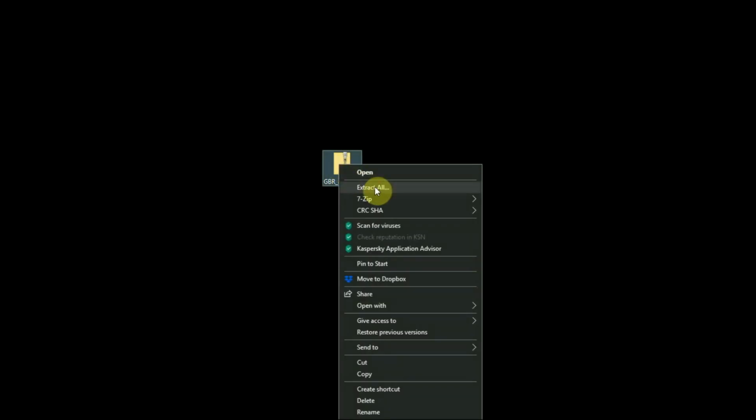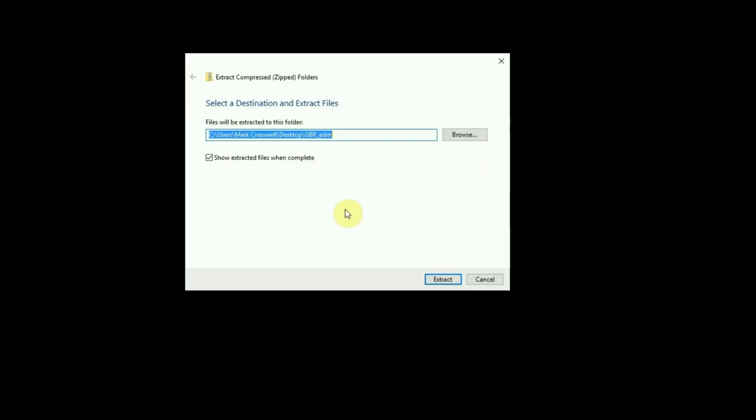Okay, this is the resulting zip file that I just downloaded from the DIVA GIS website, and it's a zip file, so it's compressed. So to uncompress it, you can't use it until you've uncompressed it. I click on it with the right hand mouse button and select extract all. This will then by default extract it to the location of the zip file, which in this case is the desktop. So I'll just click on extract,